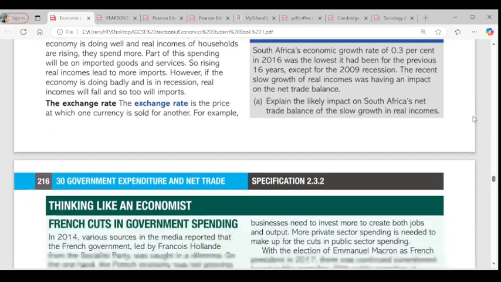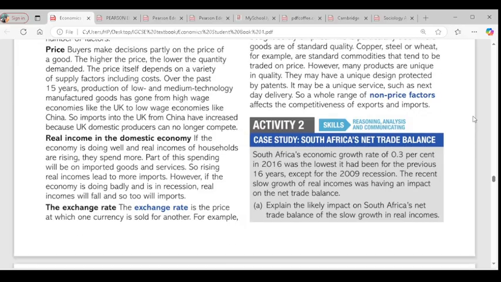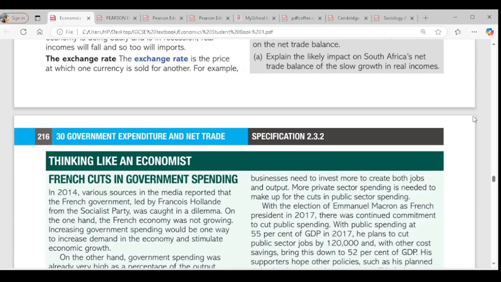So that ends government expenditure and net trade, which is the same as net exports. Thank you. So we have